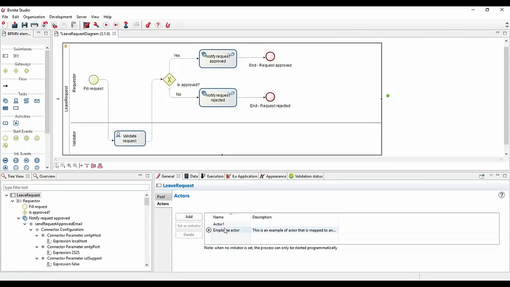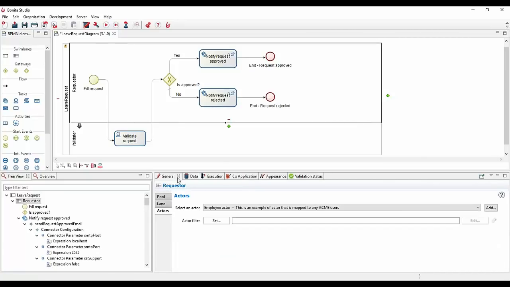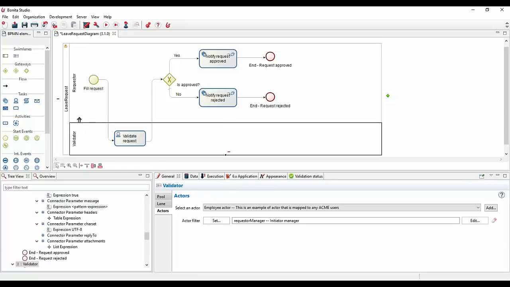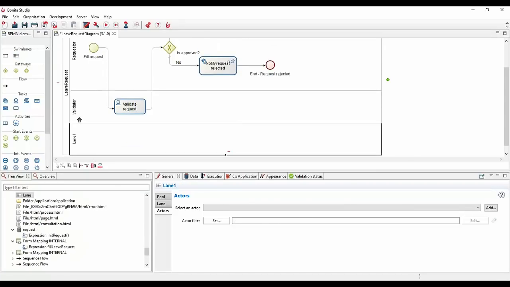And you see, by the way, actors is only label and description. But this label, you can assign them somehow, associate them to lanes. So these lanes are on the process here. And if you want another one, you just click here on the left and add here. So you see that when I click, I have another lane that will be provided.